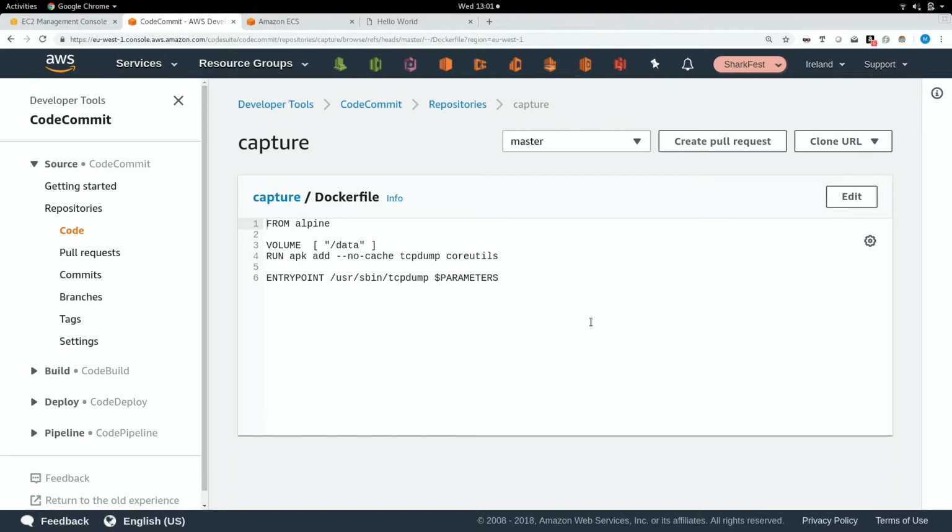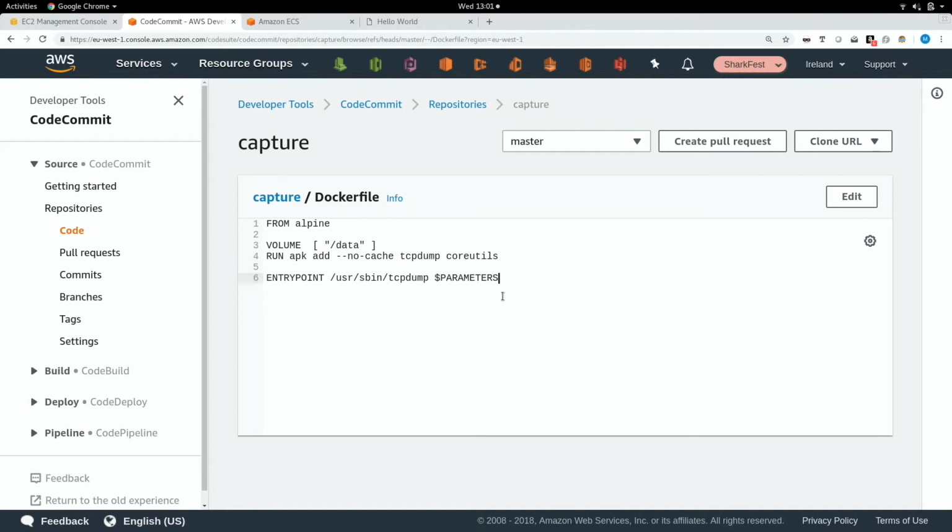A Docker container basically starts from a build on something else. So here we're going from Alpine, a 16 megabyte Linux distribution. We're going to expose a particular volume called data, and then install tcpdump and a bunch of other stuff, and then run tcpdump with some parameters.